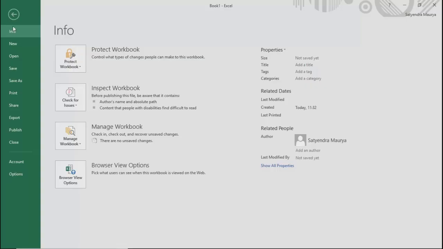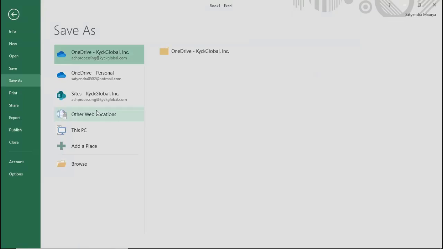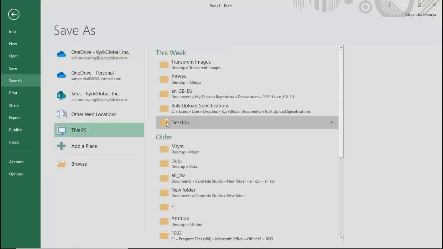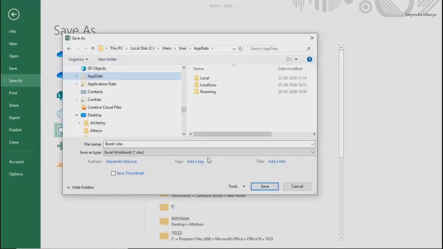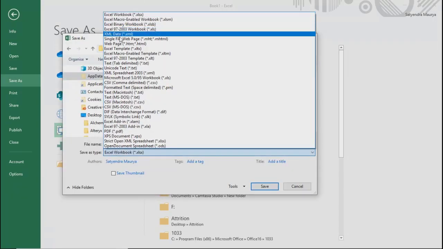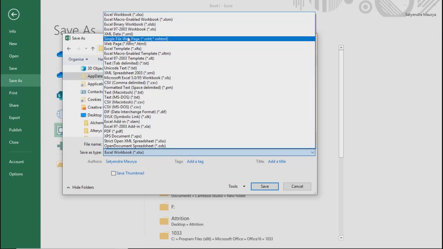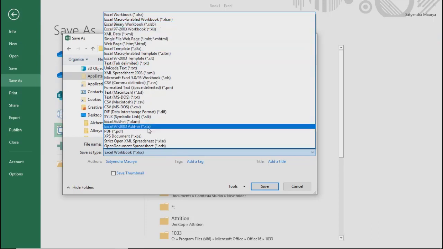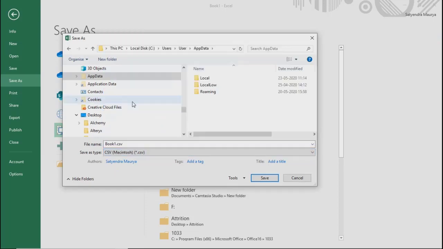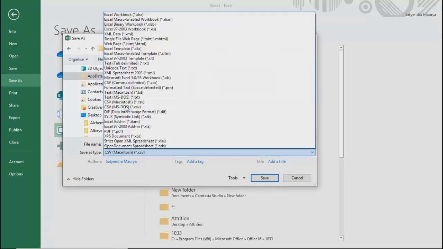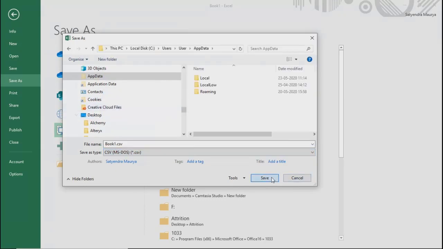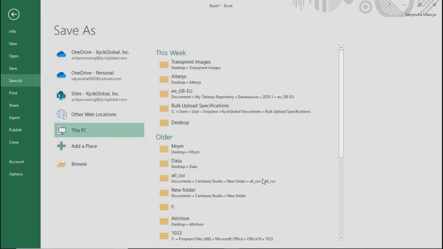Let me save it as CSV. Then we'll start reading it in Alteryx. And we'll save it as CSV. What is the full form of CSV? Comma separated values.